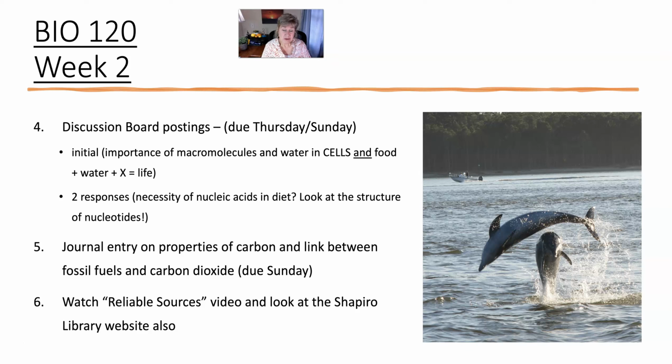The nucleotides are the smallest subunits of nucleic acids. Look in that chapter 3 and see what a nucleotide looks like. It's a sugar and then a nitrogen group, and nitrogen groups look an awful lot like amino acids. Okay, so that's my hints, but go look at the structure and then you'll know why nucleic acids might not be found on food labels.